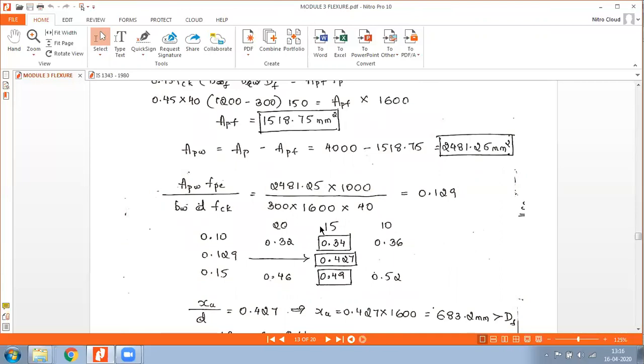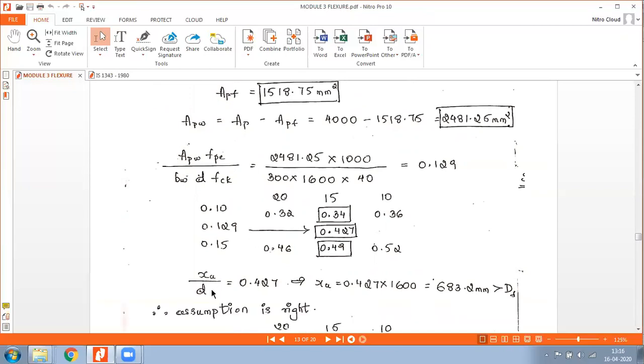For the L by D ratio of 15, we need to do the interpolation. This 15 L by D ratio is not mentioned in the code book. By the interpolation method, between L by D ratio 20 and L by D ratio 10, we need to obtain these two values, that is for the effective reinforcement ratio 0.1 and 0.15. Then again on linear interpolation, we get this ratio XU by D